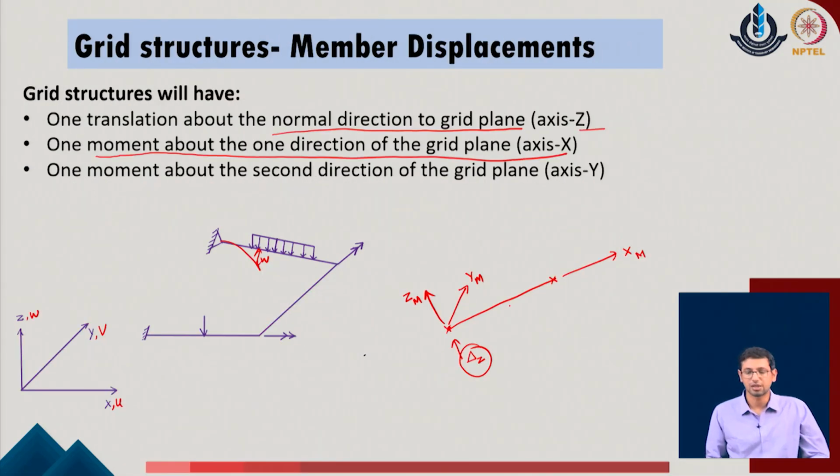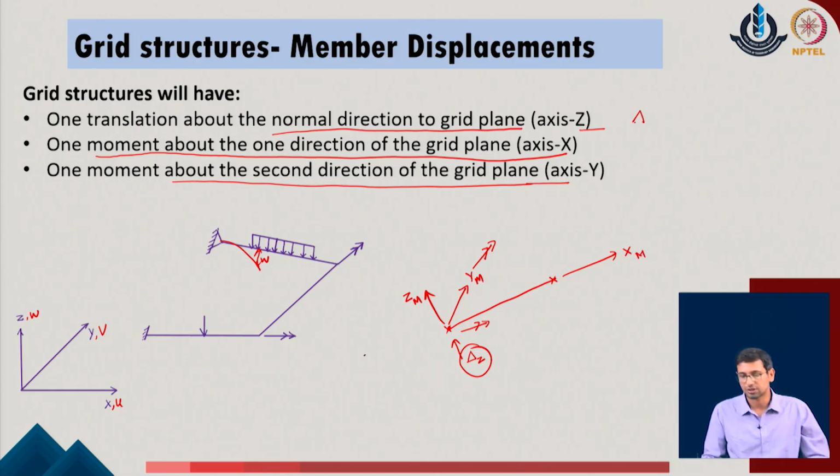So, that is why we typically say that there will be 2 moments which exist in the given system. One will be the moment about the direction x or the axis x, and the second will be the moment about the axis y of the given system. Now, of course, if the member is aligned in the x direction itself, the first moment will become the twisting of the given system, whereas the second moment will become the flexural moment of the given system. Okay. So, this is a very simplistic idea.